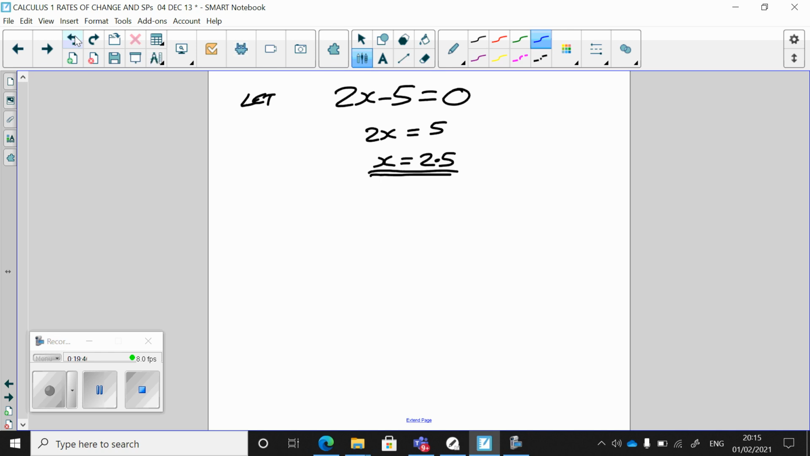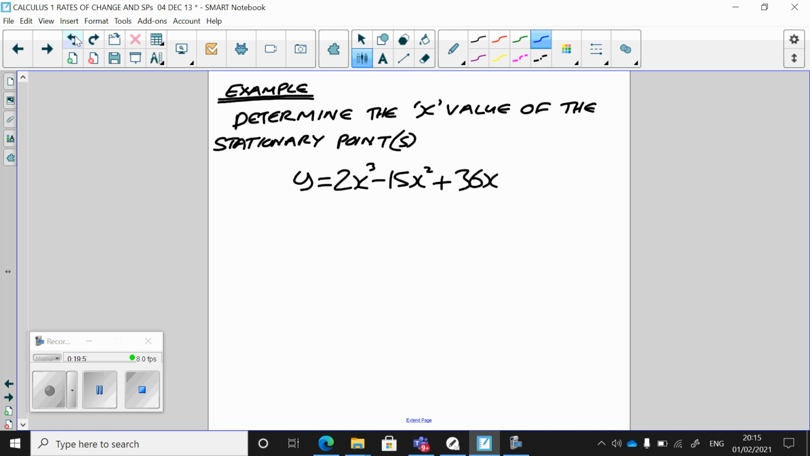You could have written that as 5 over 2. That is fine. So what you've done is you've answered the problem. You've found the x value of the stationary point. That is it. Right. Okay, let's go for another one. We've got another function